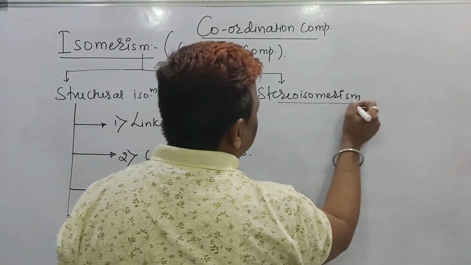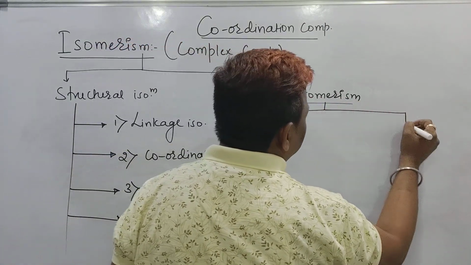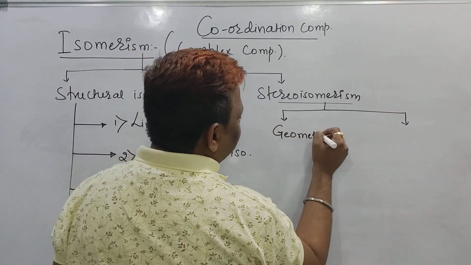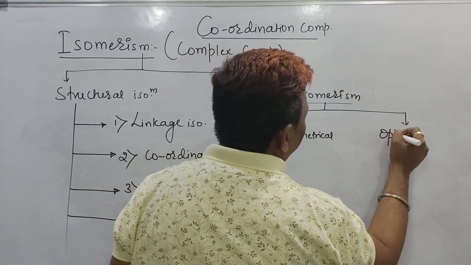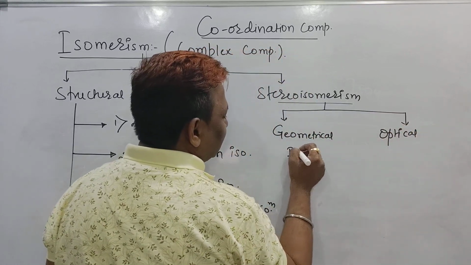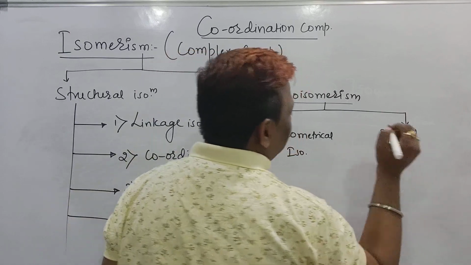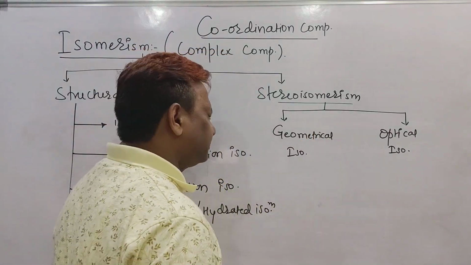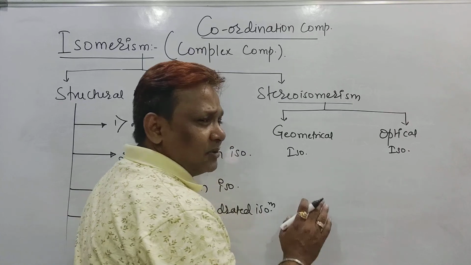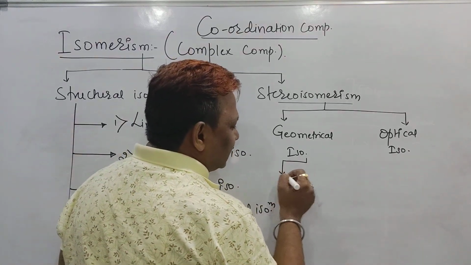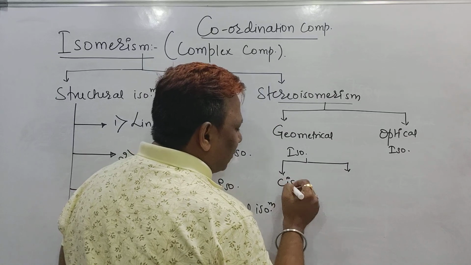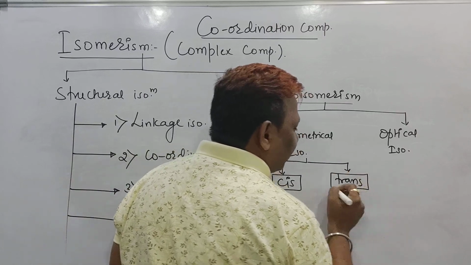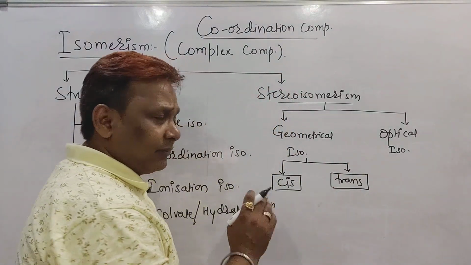Stereoisomerism is again divided into two parts, where in this chapter, according to NCERT, we have to learn which one shows geometrical isomerism and which one shows optical isomerism. One is geometrical, another is optical, right? Geometrical isomerism is not what we know from the organic chemistry part. In this one, geometrical means one has a cis form and another has a trans form. But this cis and trans form will be completely different from the organic compound. How to identify that, I will teach you.